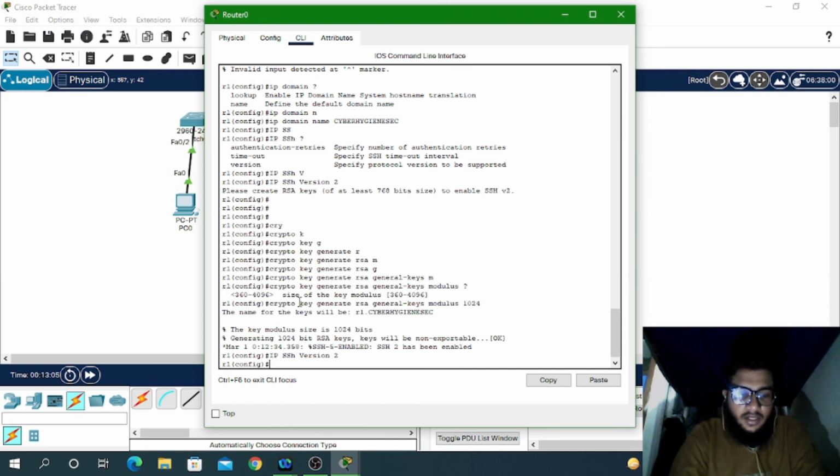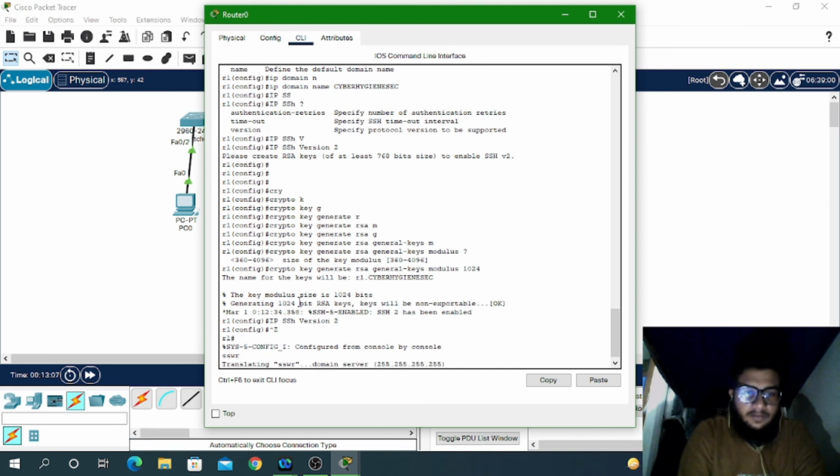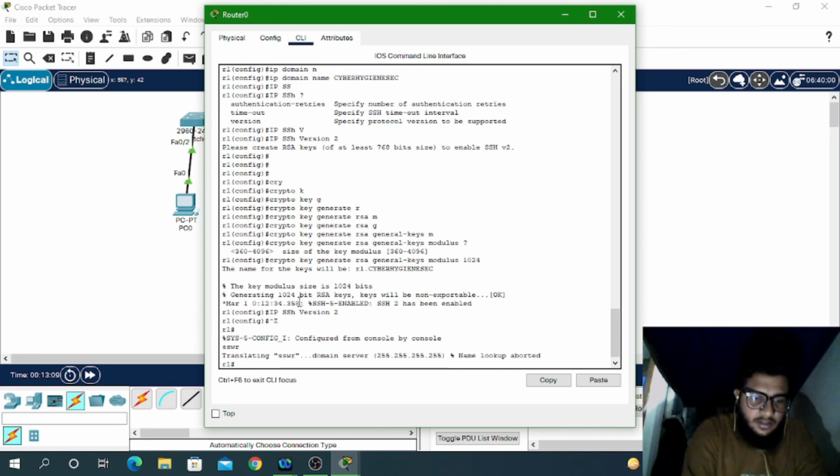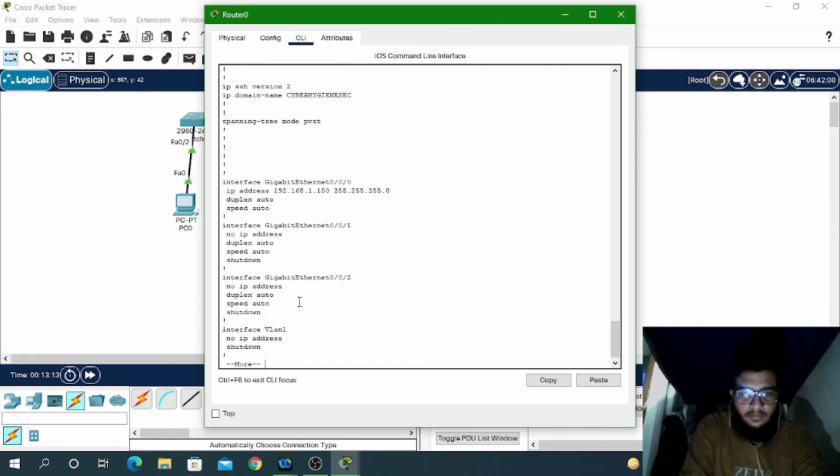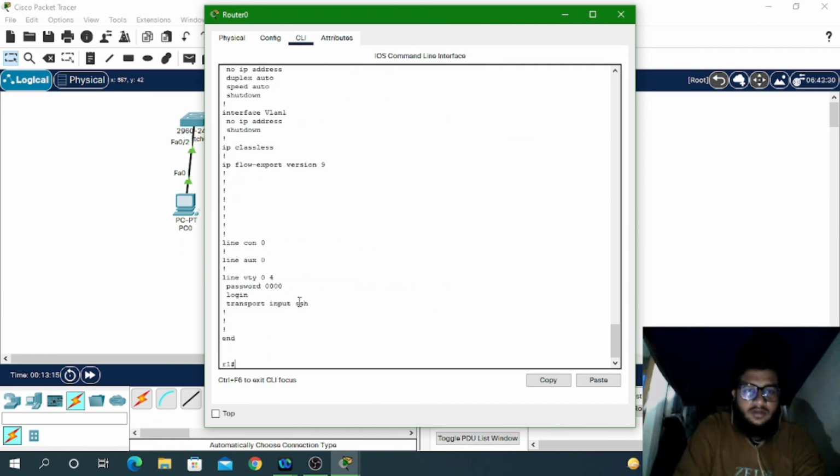IP address already given, time device configured. Okay, configured everything. Write memory, show run. Okay, so it's given already. Telnet password given, host name given.